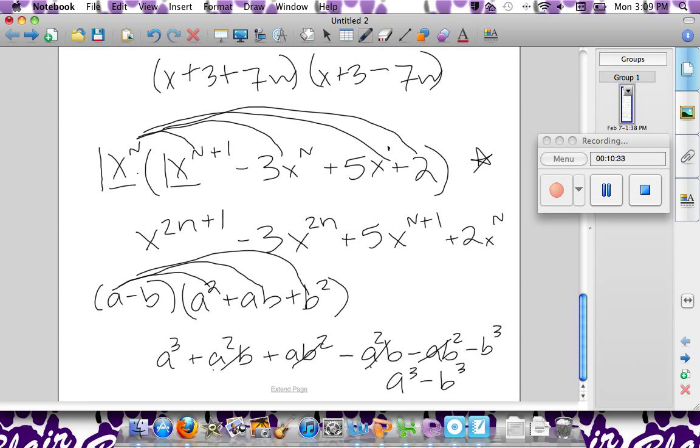This has been a review of Chapter 6. The things that were not included in this review are long division and synthetic division. They were quizzed over last class, so I'm hoping that we have a good, solid concept of those going into this test. If anybody needs more help with factoring, make sure you come see me before the